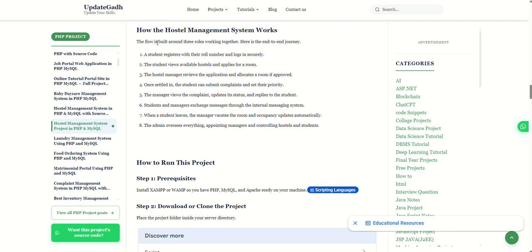And how this project works, like the flow of this project: students can register their roll numbers and then log in. After that, students view available hostels and apply for rooms. Students can see all the available hostels in that section, and then the students can apply for a room. Then it will send a request to the managers. The manager reviews that request, and if they think that they can approve that request for the student, they can approve, otherwise they can